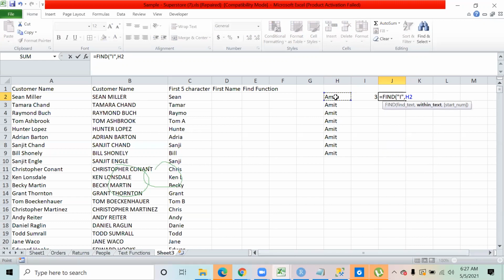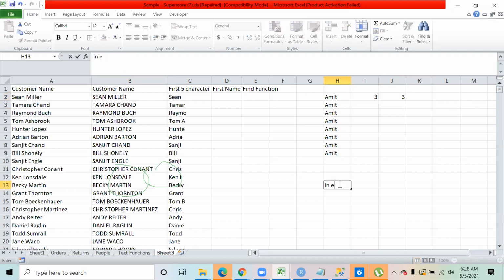Starting number, if I don't give, by default it is going to take that as 1. So I get the same output. By default, it takes that as 1. Am I clear on this? Yes.